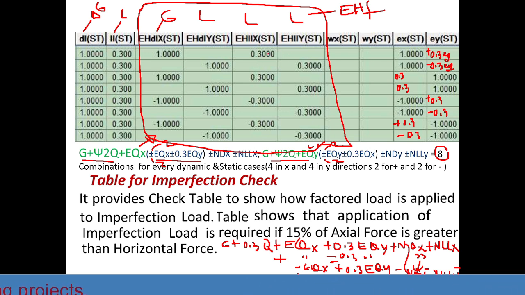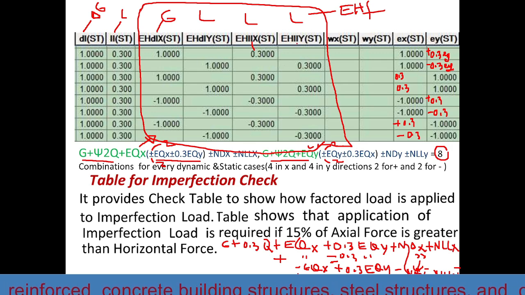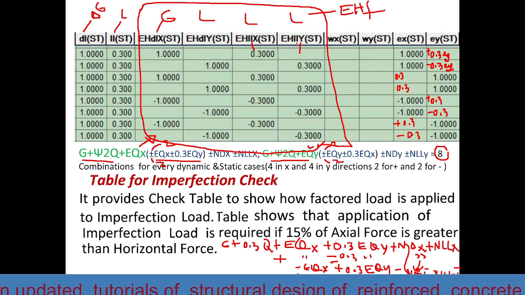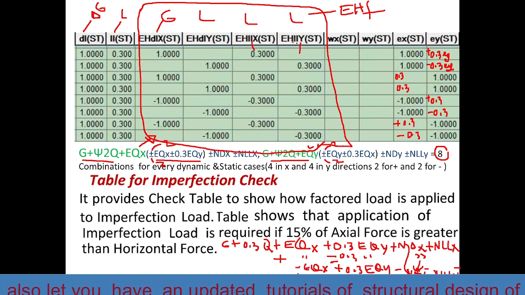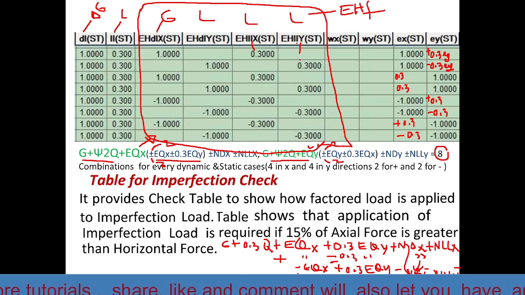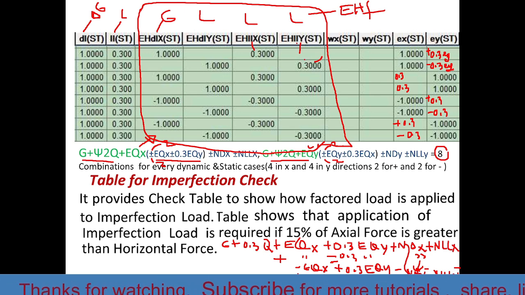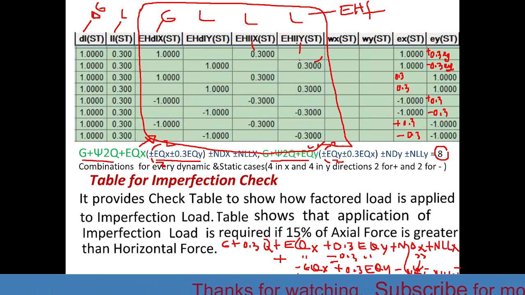But here we have the live load factor, that is 0.3 for seismic, and this is for live load in x, and this is the live load in y. That is the notional load with reference to the live load in y direction. This is 0.3. And also here the notional load,